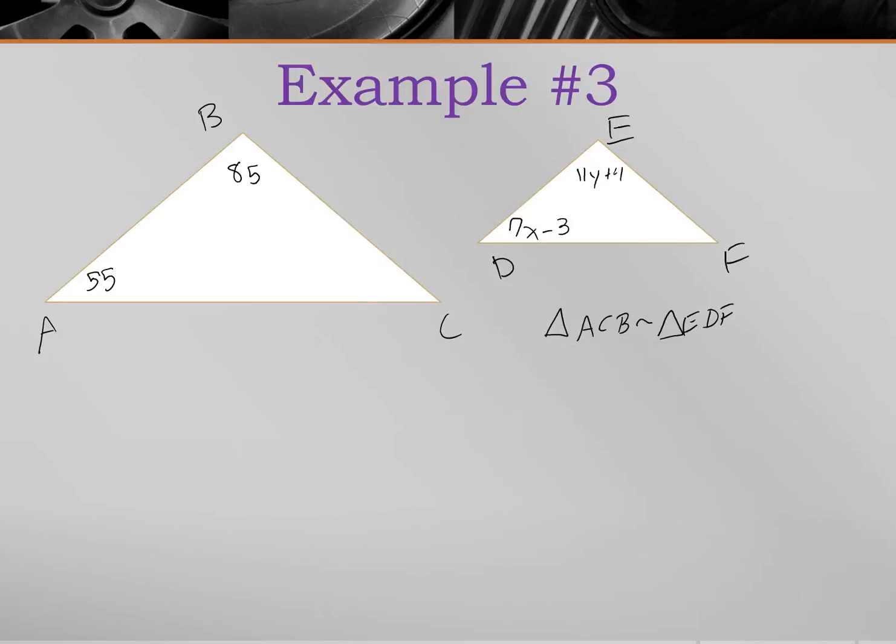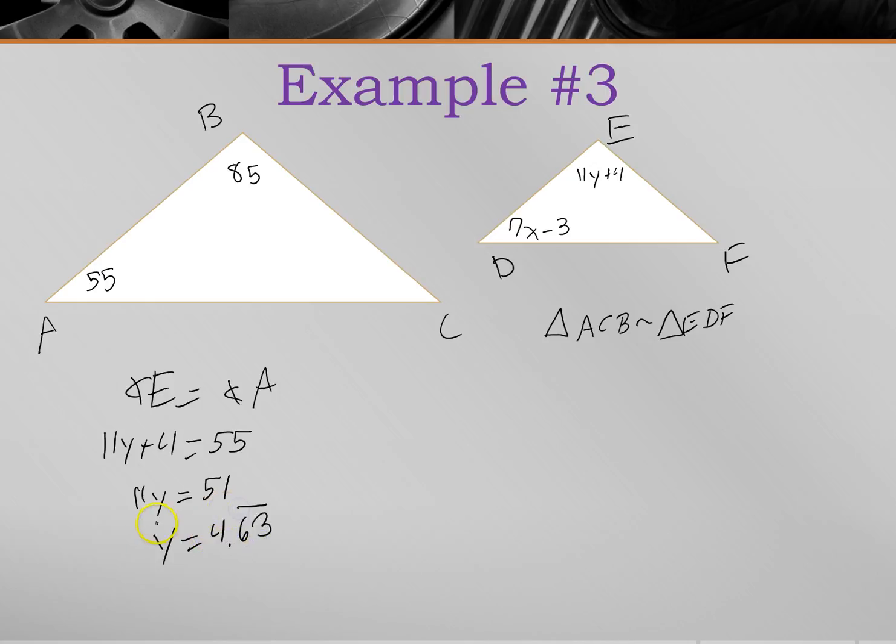So we're told triangle ACB is similar to triangle EDF. And I want to use this information to solve for the variables X and Y. So if we take a look at Y first, Y is part of angle E. Well, according to our statement, angle E, the first letter, should equal angle A. So 11y plus 4 should equal 55. So when we subtract 4 from both sides, 11y equals 51. When I divide both sides by 11, you'll find y to equal